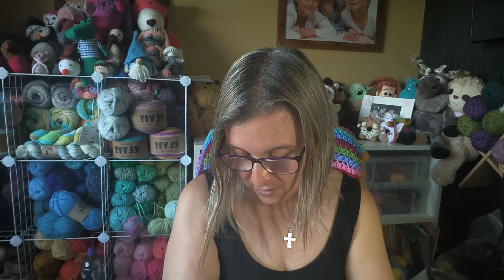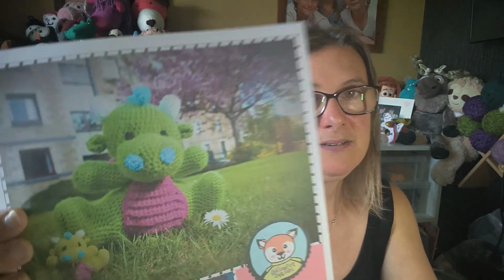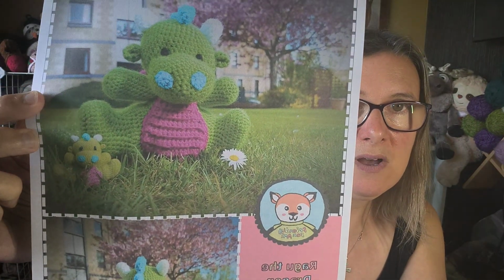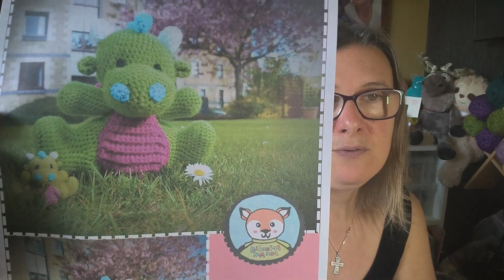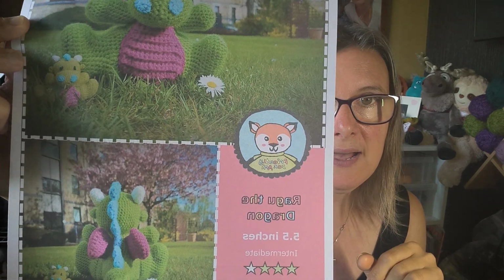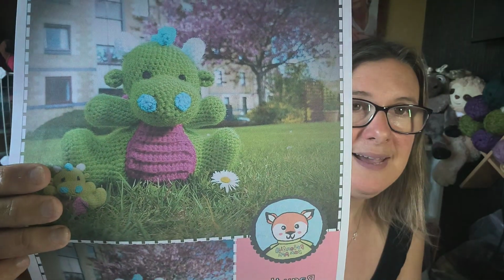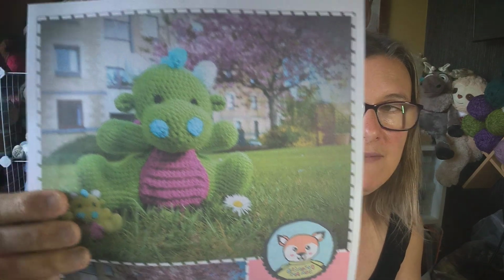Now, this one I picked up from Ravelry, and it's called Ragu the Dragon, and is an intermediate pattern. But this is the one that I call the simplest, just because it looks very simple. It's not as technical as some patterns are, which is fine. There's nothing wrong with that. But you know, you see lots that are really intricate, and I do like the true to life patterns quite a lot, rather than the ones that look like toys as such. But this one, you know, it's probably an intermediate because of the techniques that are involved,